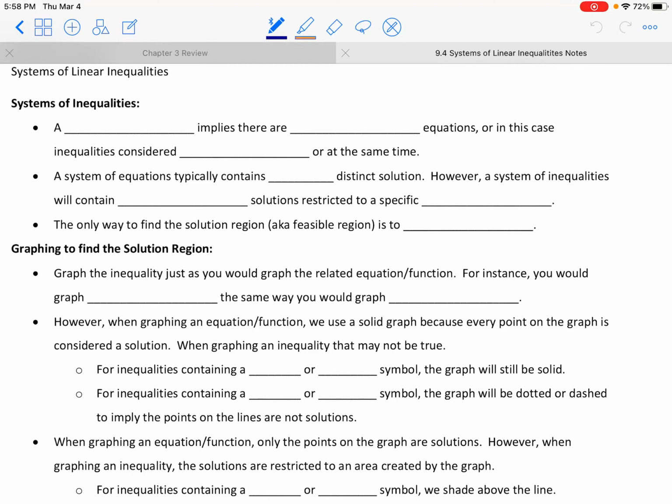Hello and welcome to our lesson on systems of linear inequalities. So before we discuss the systems of linear inequalities, I just want to give you the general concept about systems